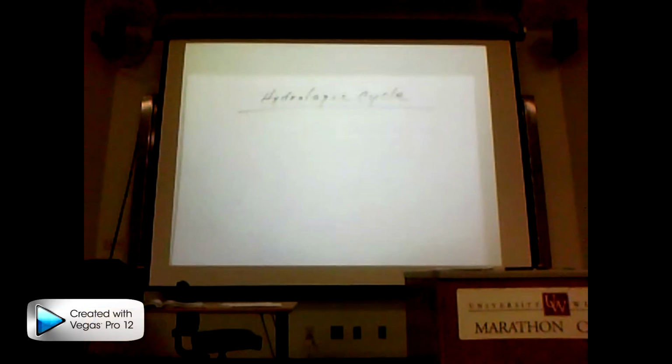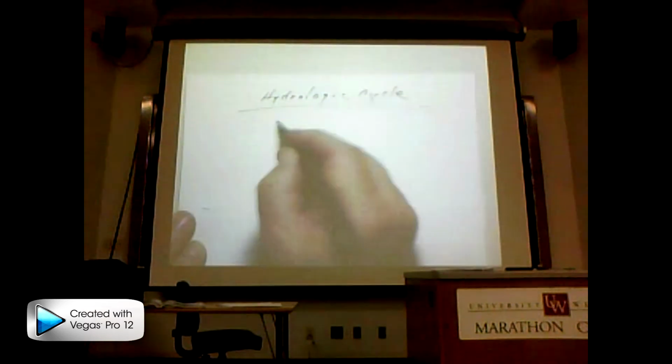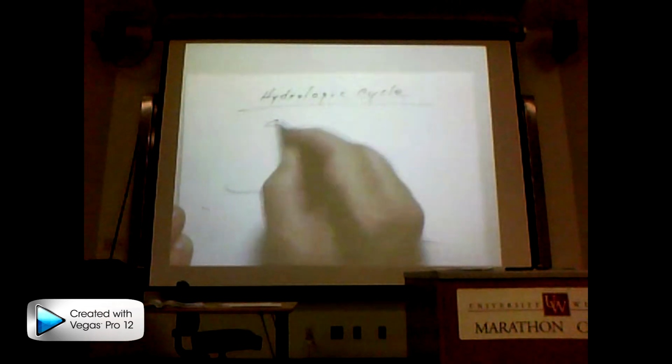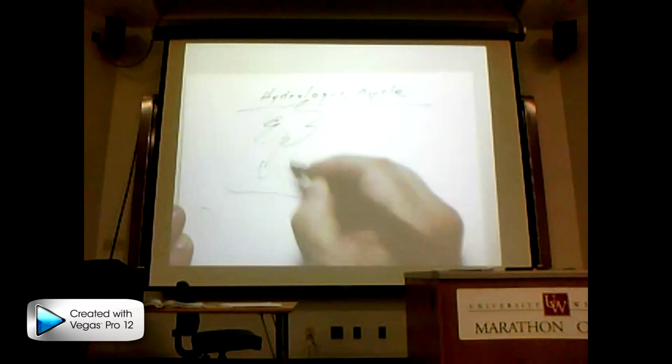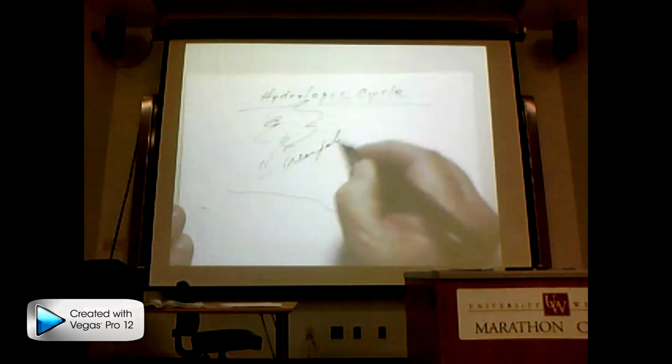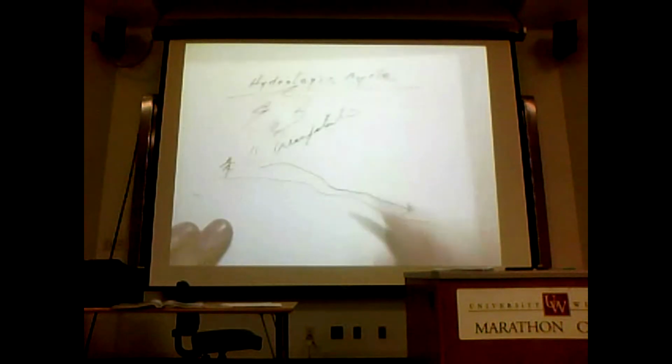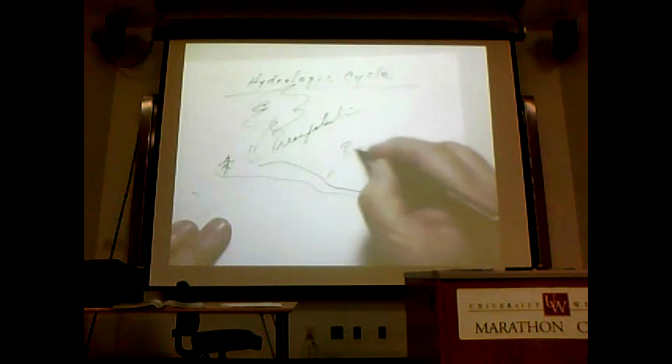Beginning of the semester, we talked about the hydrologic cycle. Two components of the cycle I'd like to just mention this morning. I hope to get a little further than I did. You will recall that on the hydrologic cycle, we had precipitation, and then we had either water flowing across the surface of the earth. Water that flows across the surface is referred to as runoff,